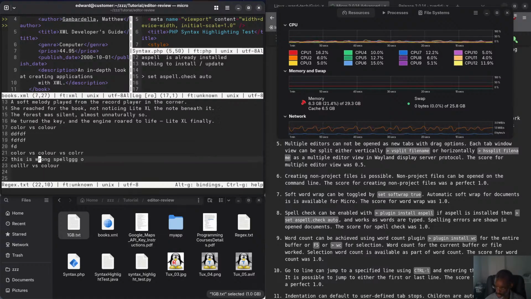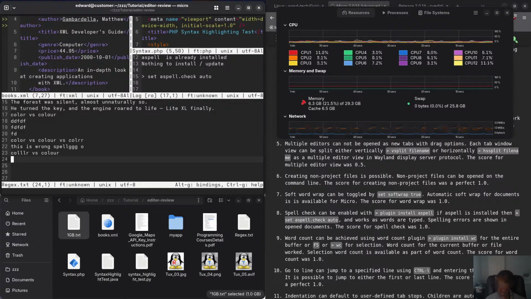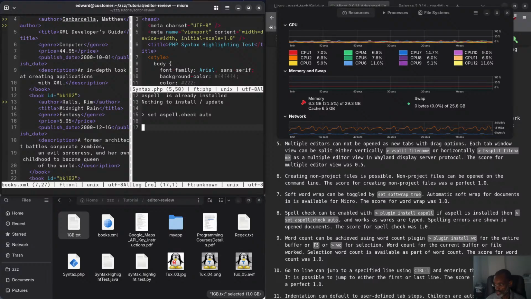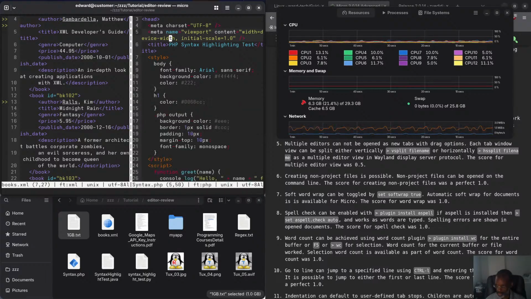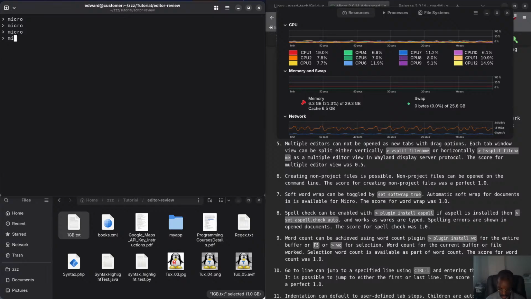So I don't know if I have to restart again. So let me just start typing here. So if I say book, this is wrong. I don't know why it's not working there. It did work. I might have to quit and start again. So let's do that. So if you want to close, obviously you guys saw it's Control Q to quit. So let's do that. It's Control Q. You see, I click no, I don't want to save, and then Control Q again. Control Q, Control Q. So if you start with micro,